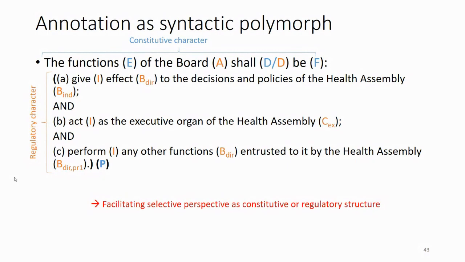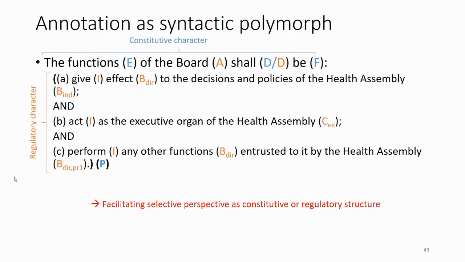So if we overlay this statement here, which is originally coded as per constitutive syntax, with a regulatory syntax, we find now that we are able to retain the relationship and the structure for both statement types. On the one hand, of course, we characterize the original meaning of the statement in that it defines the function, but we can also relate more explicitly now to the attribute, the actor that is involved in this particular example, and make reference to it, such as the board, which is now annotated as attribute.